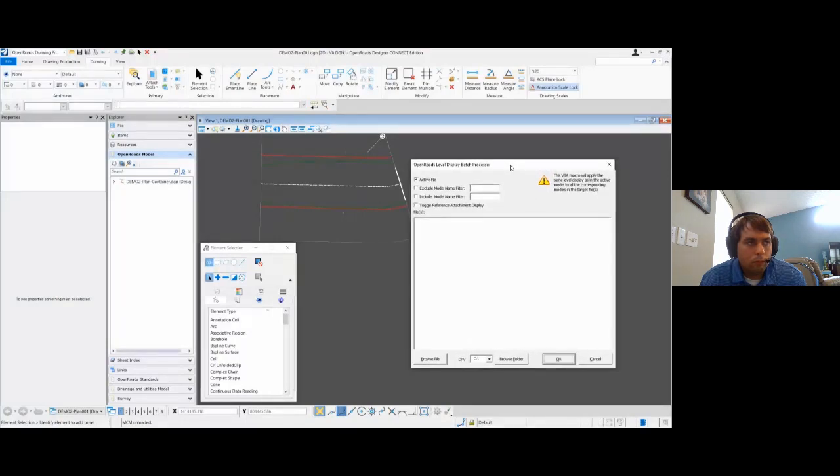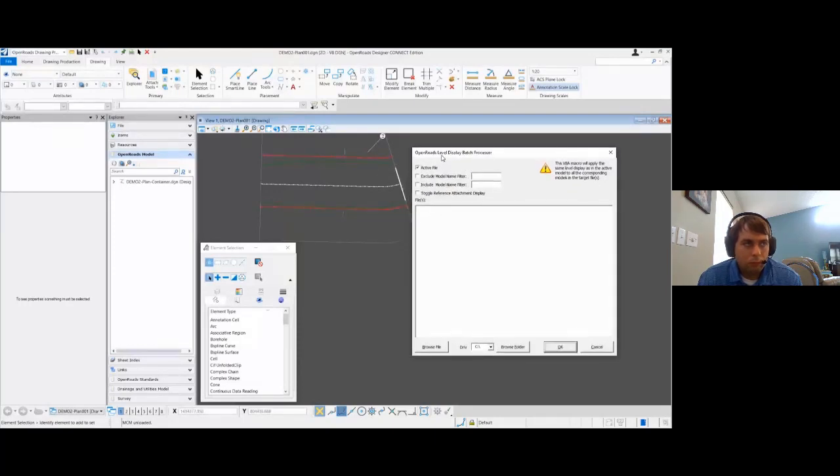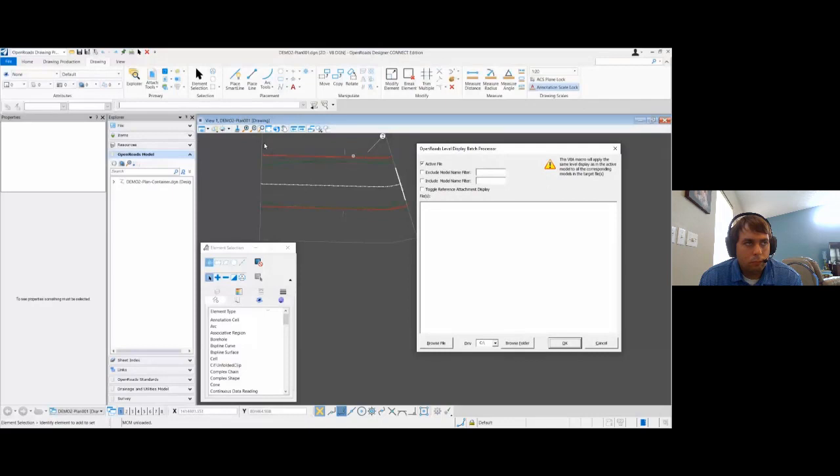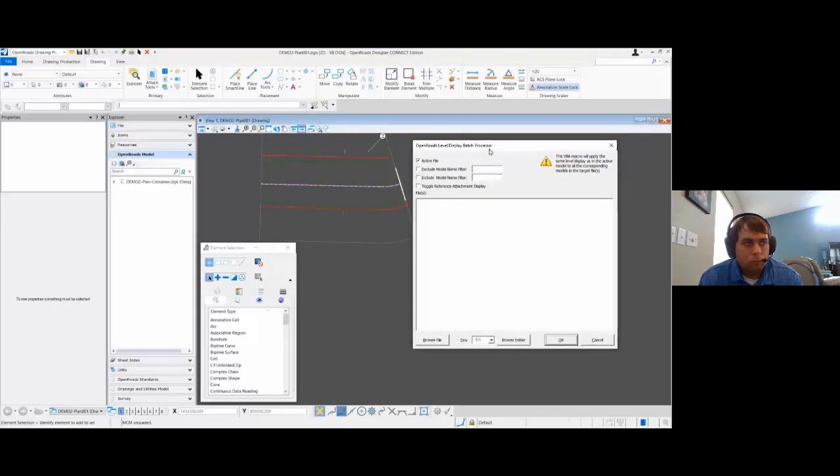Another thing to note is display overrides trumps this as well. So that takes precedence over this application, but they only check to see if it's defined in the configuration variable. It doesn't check each individual reference, which, as you know, you can change that setting per reference. So if that is set to never and you try to use this, it's not going to work, obviously.